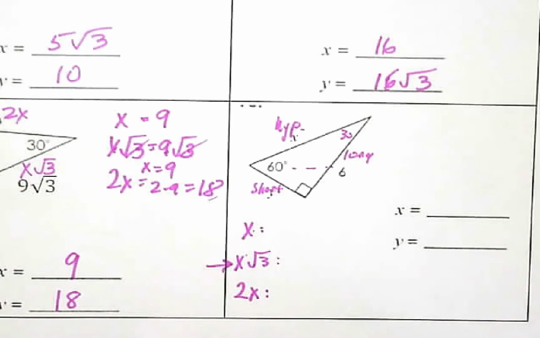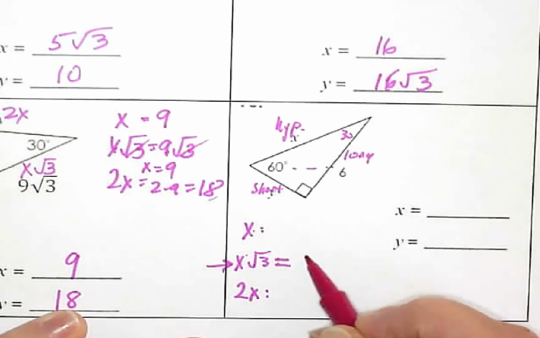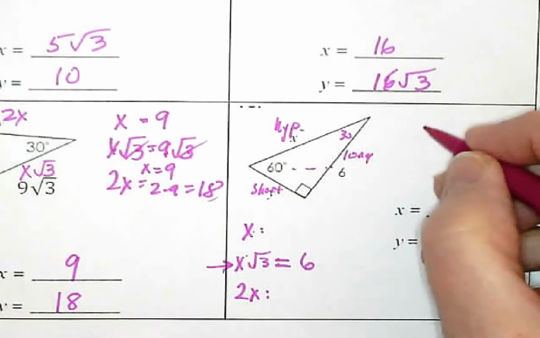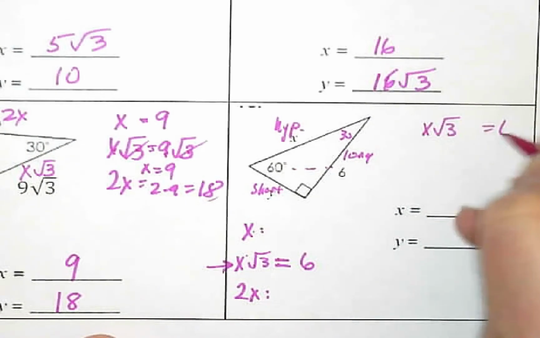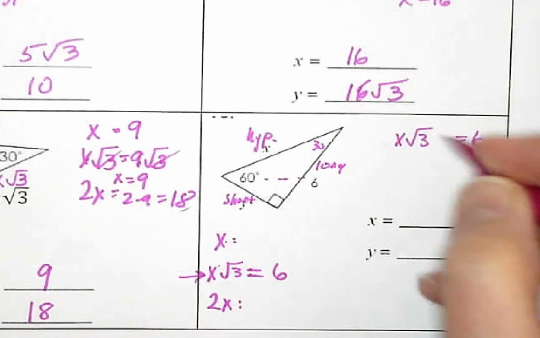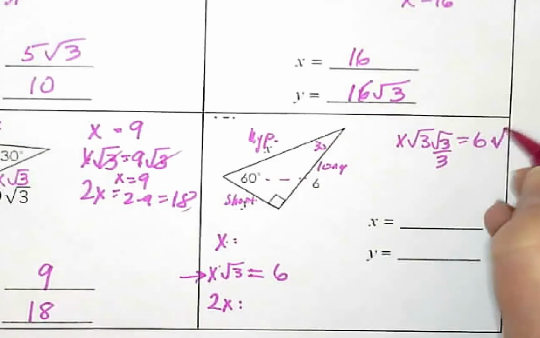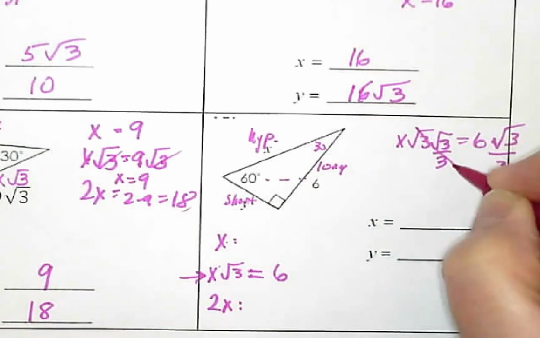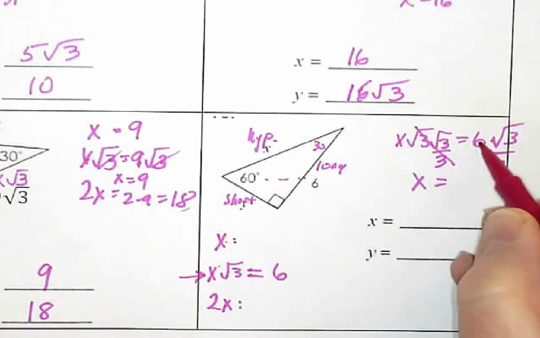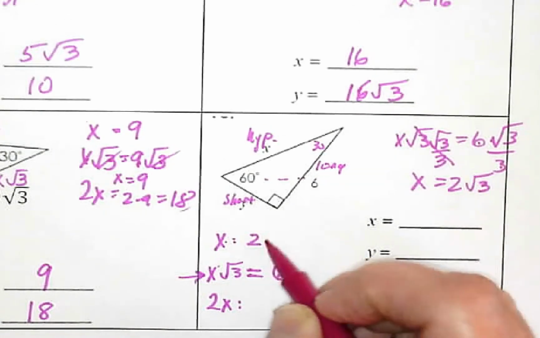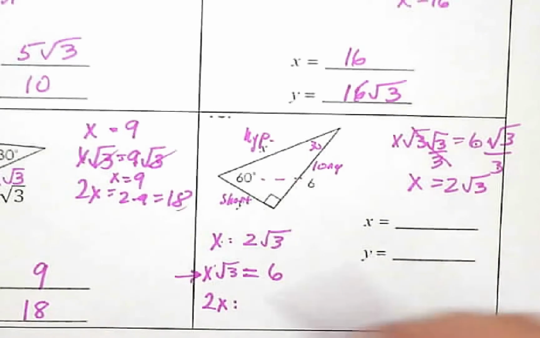So I have this little equation that's going to equal 6. So x square root of 3 equals 6 is my little equation. So I'm going to go over here and solve that thing, just like we did in our mini lesson. So I need this to be a 1, so I multiply by square root of 3 over 3. Those all cancel. So x equals 6 divided by 3 is 2 square root 3. 2 square root 3. This one needs to be 2 times that,